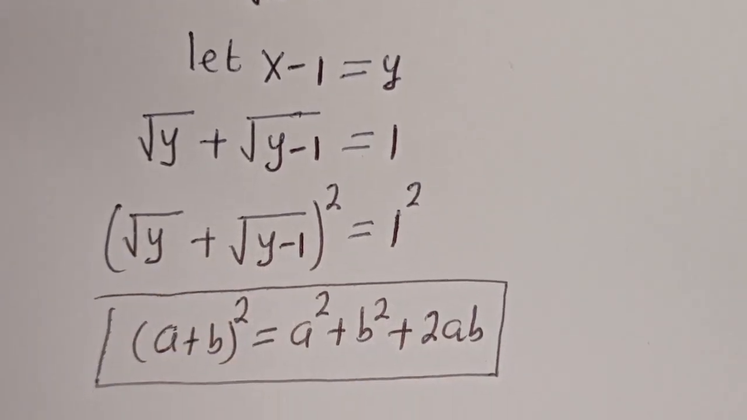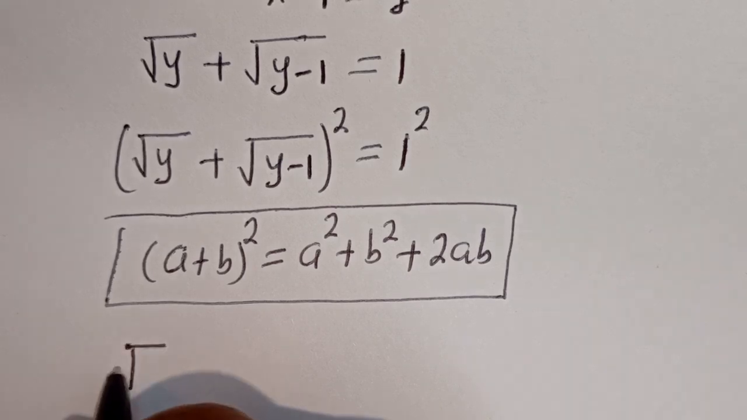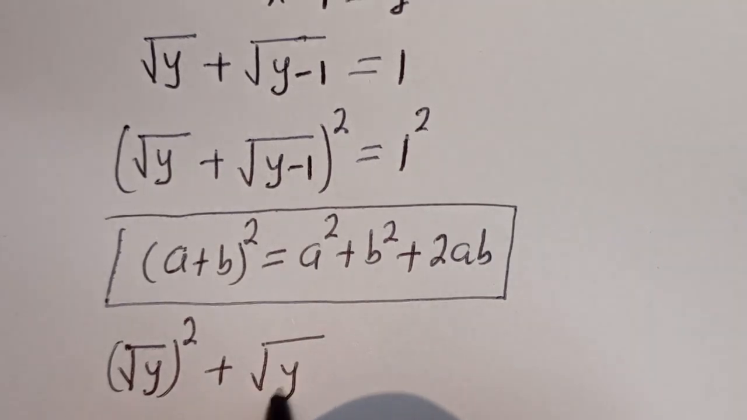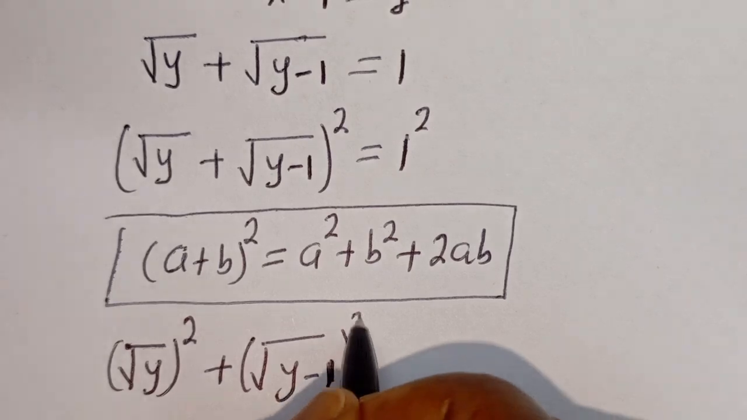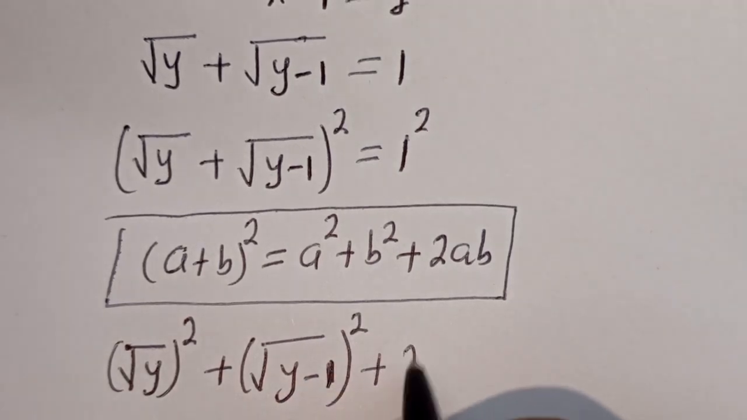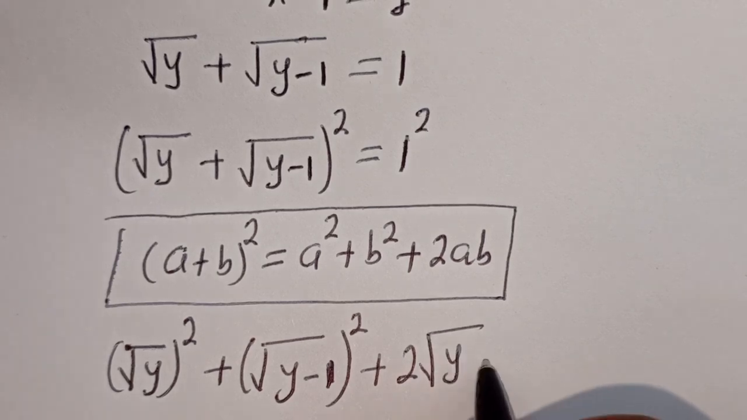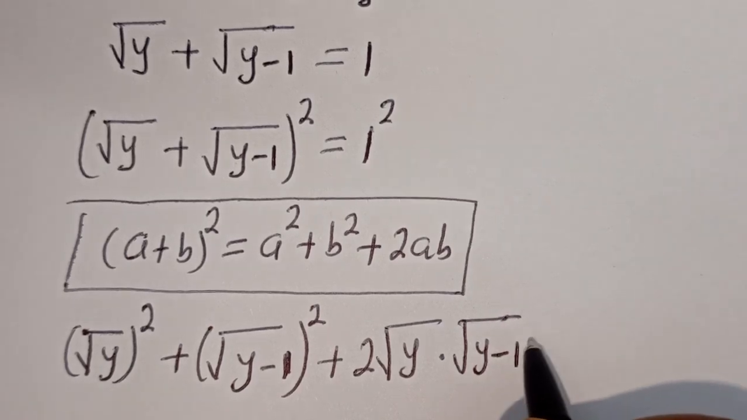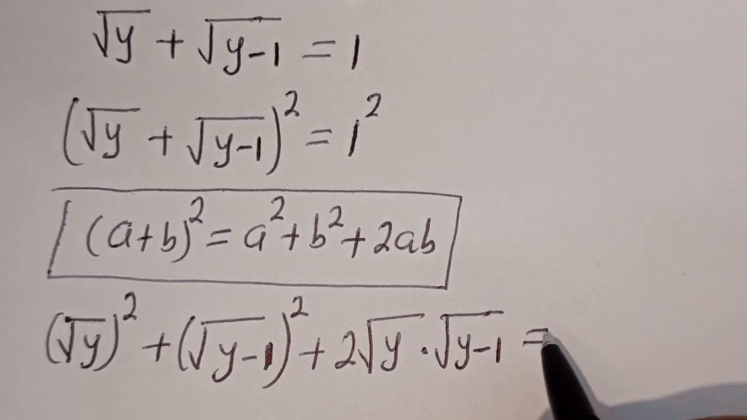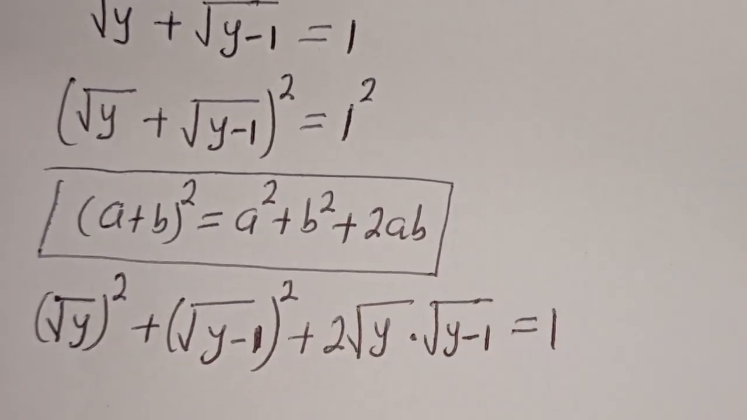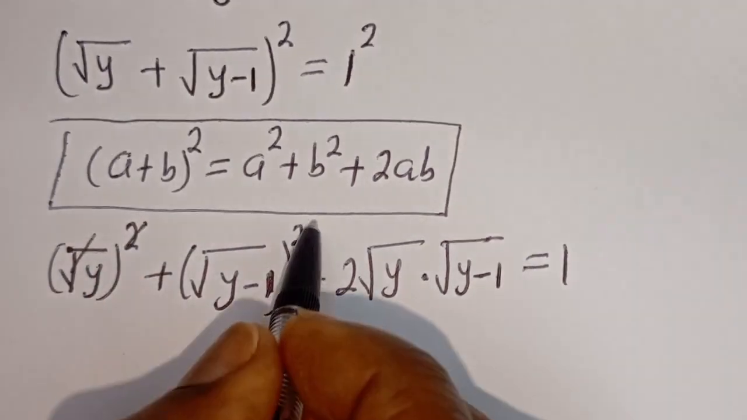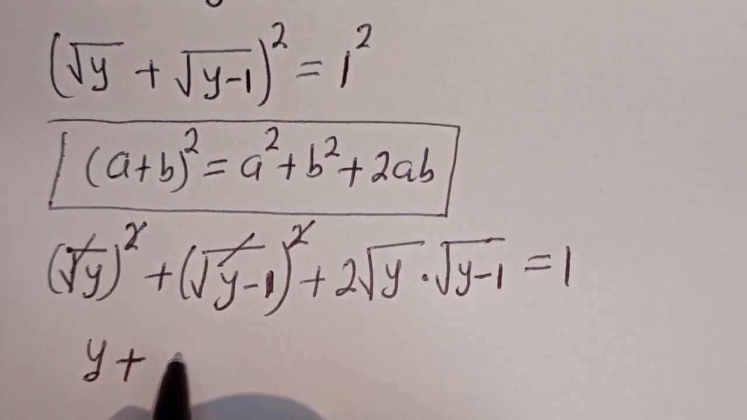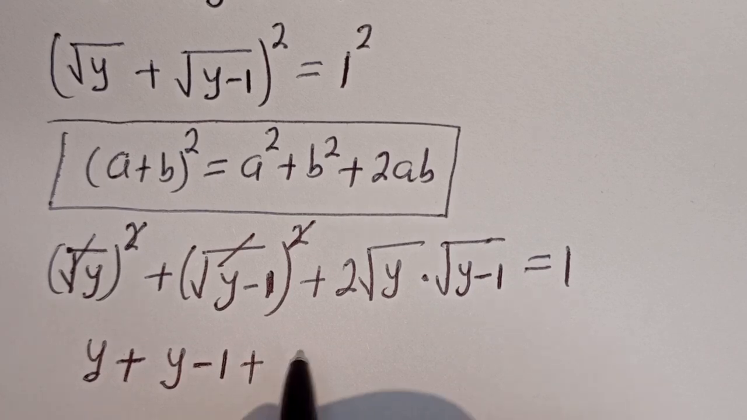Then this can be written as square root of y squared plus square root of y minus 1 squared plus 2 square root of y multiplied by square root of y minus 1 is equal to 1 squared, that is 1. Then this we cancel this, and this we cancel this. We have y plus y minus 1 plus 2